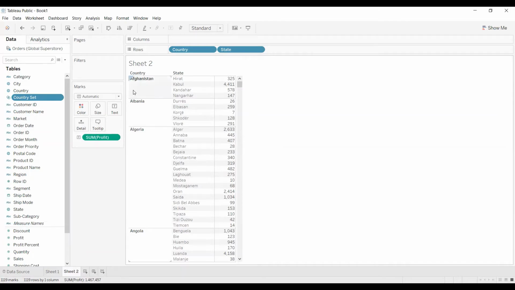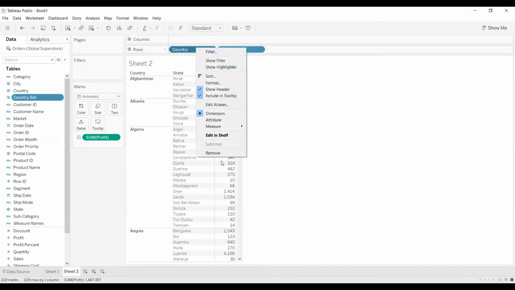Now let's say I select Afghanistan. Initially we had all the values in that set. Now it will remove all the countries from the country set, and it will put only Afghanistan as the only member in the set. That is why I said in the beginning that it changes the values in a set dynamically based on the action. So now after that, what I will do is I will just remove this country column